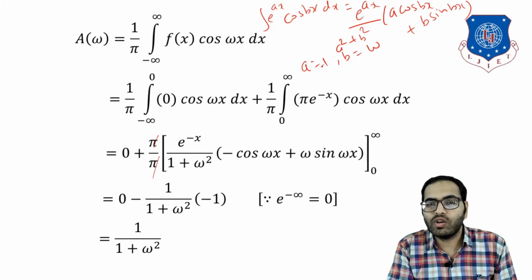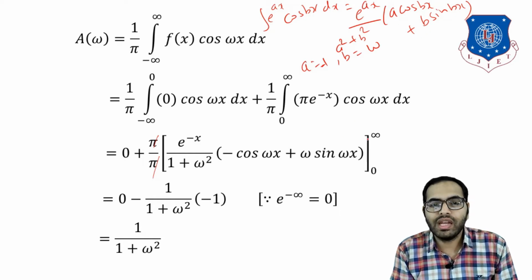Substituting the values of a equal to minus 1 and b equal to omega, we get e raised to minus x upon (minus 1) whole square plus omega square, into minus cos of omega x plus omega sin of omega x. Then applying the limits, upper limit minus lower limit: e raised to minus infinity is 0, 0 into anything is 0. Then for the lower limit, e raised to 0 is 1,